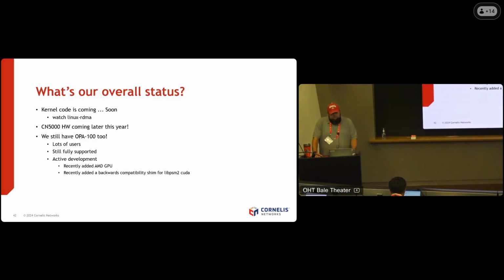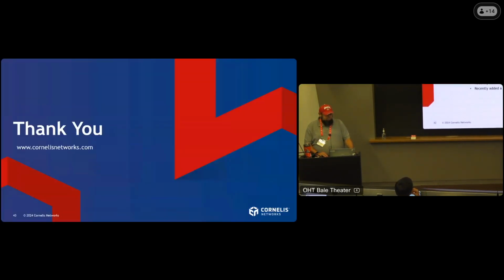So the overall status is that the kernel code is coming soon. It'll be on the mailing list, and the CN5000 is coming out later this year. We do still have Omni-Path 100. It is still fully supported. We have lots of customers worldwide, including some very large deployments. We're very active in developing it. We recently added AMD GPU support, and we recently also added a backwards compatibility layer for working with the new way of just adding stuff on top of the distro that I had talked about. And that's out now too. So